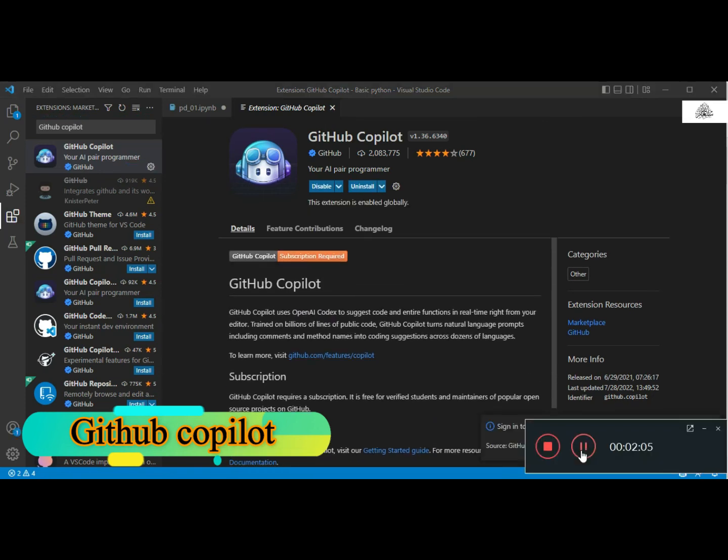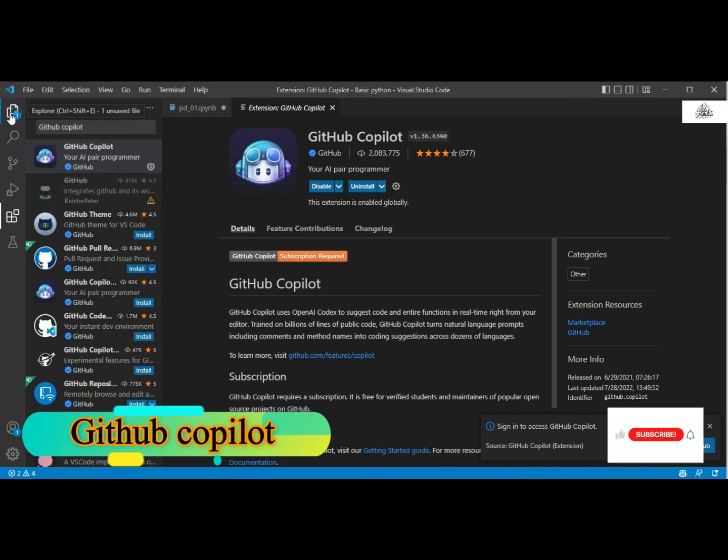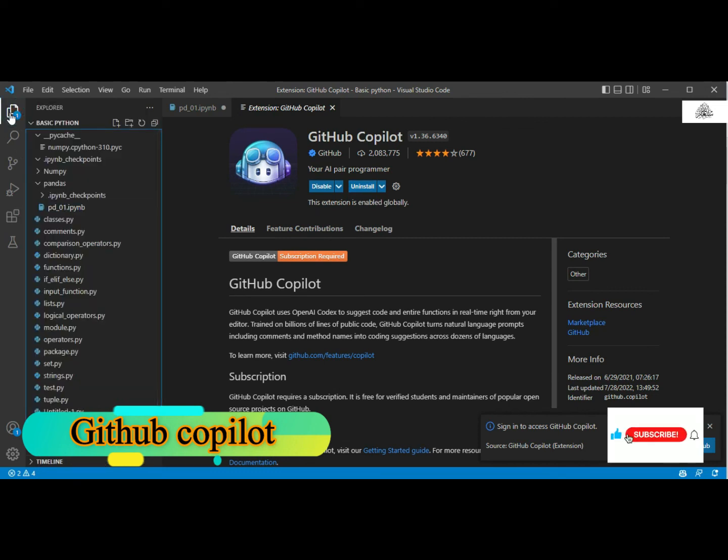Clear? So now there you see the extension of GitHub Copilot has been installed successfully. Clear? So now you are done and just go ahead and write the code in an efficient way without that much effort. Clear? So this is all about how to install the extension of GitHub Copilot in the Visual Studio